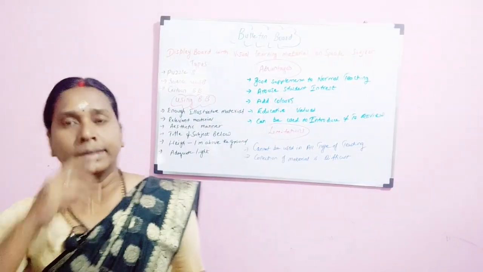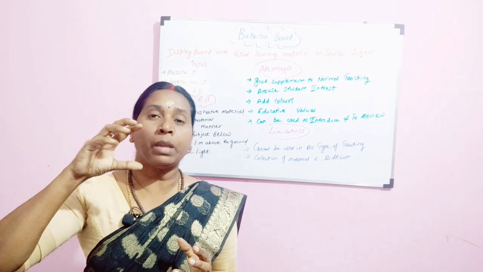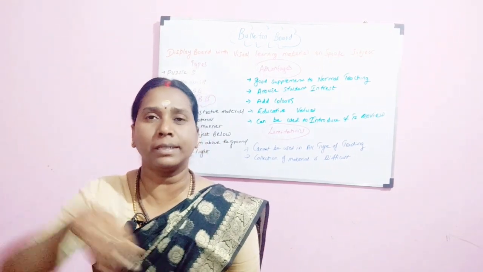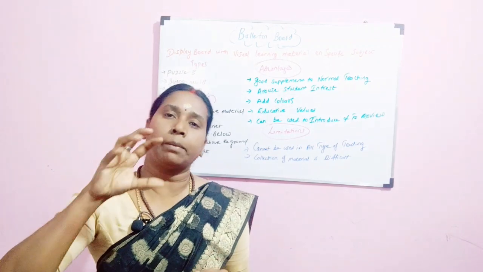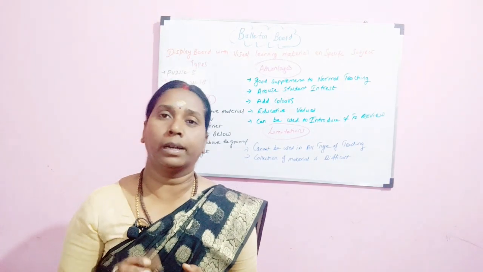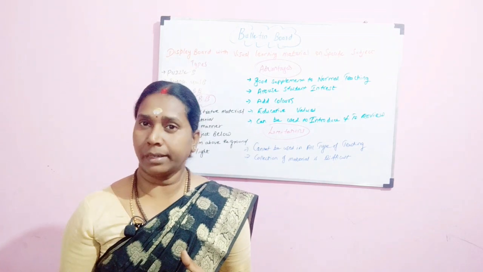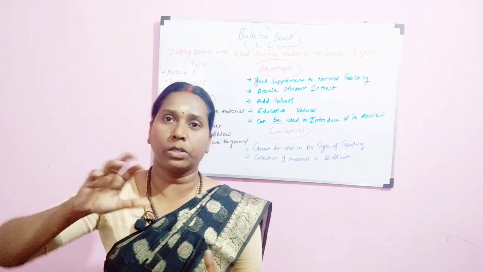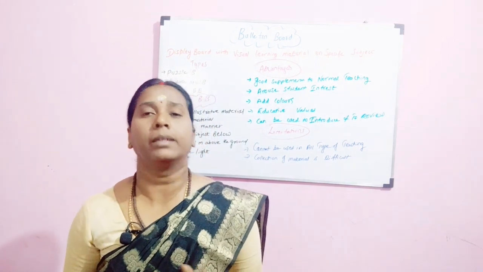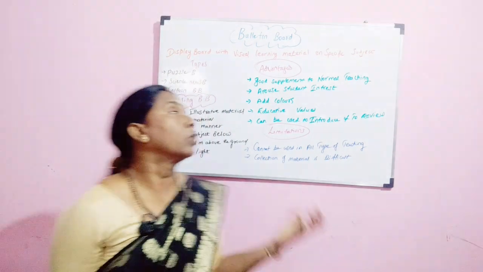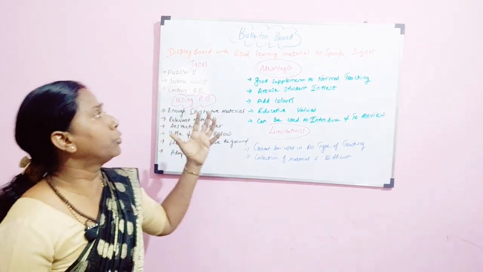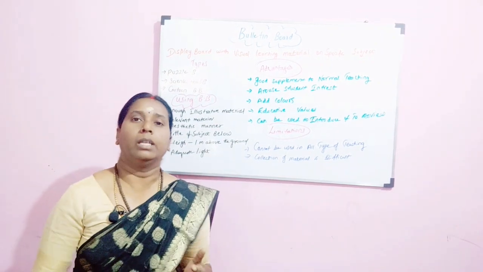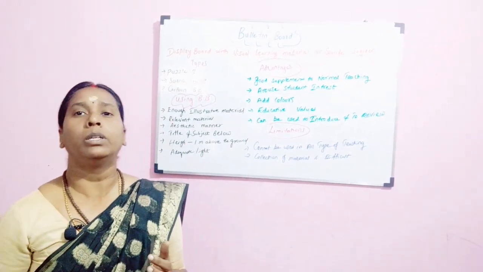You must have seen puzzles where different images are fixed. Those images can be a cartoon image or a real image. If you want pictures of different flowers, you gather those materials. You collect this type of visual learning material on a particular subject, and it can be displayed on the display boards or bulletin board.